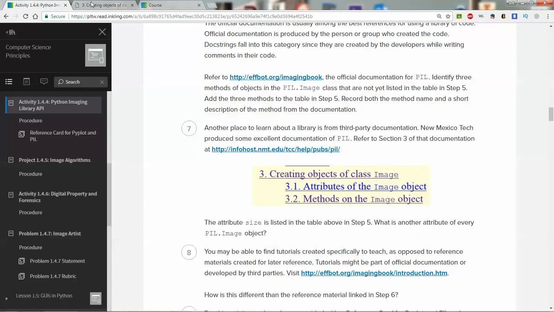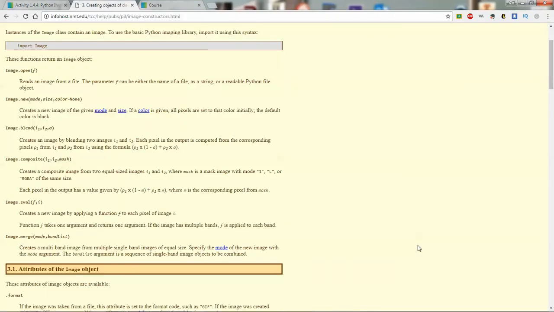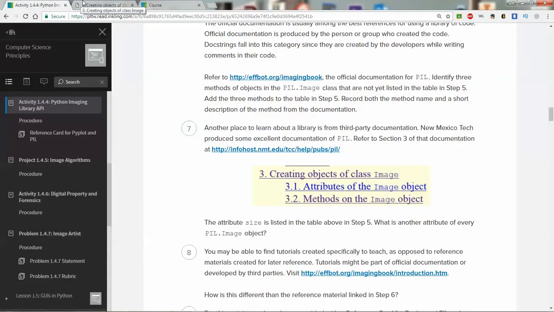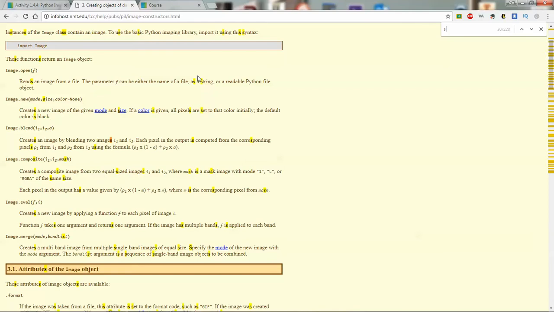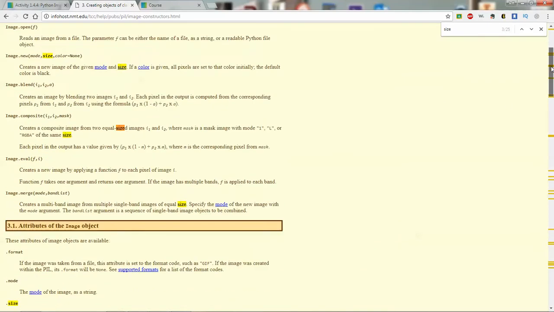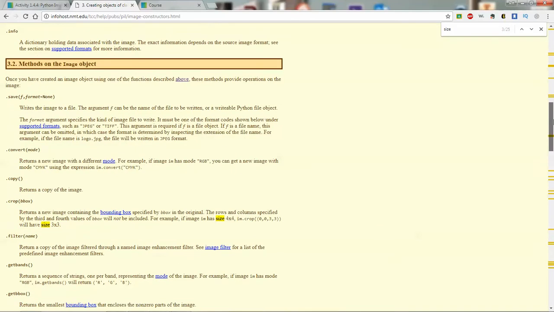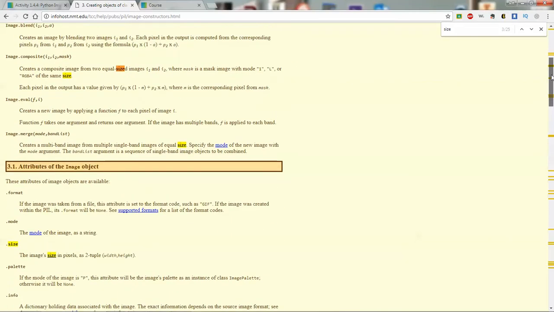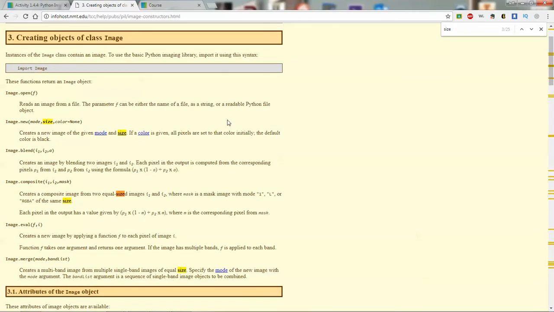Also I want to point out, when you're looking for particular objects or things in a document, you can always hit Control F to bring up your search bar. So here's your search bar up here. If I go back to the assignment and I'm looking for size, and I type S-I-Z-E, it'll show me where in this document. If I look at the scroll bar on the left, I can see where the word size shows up. Okay, so in this case, when I look here, image.new mode size creates a new image